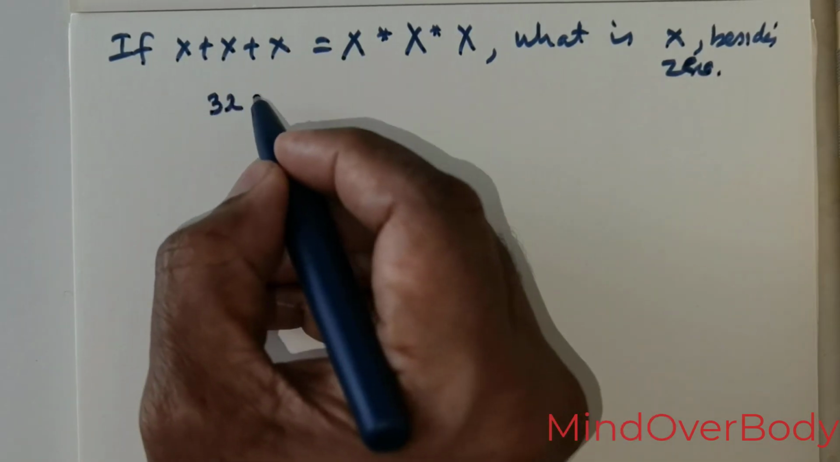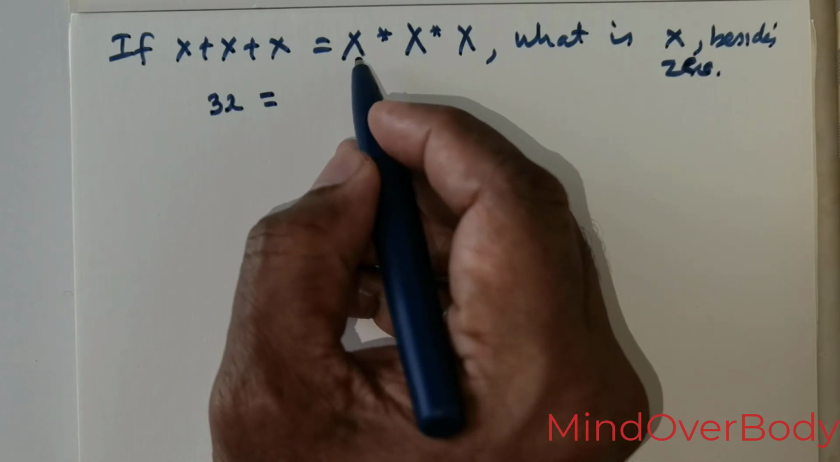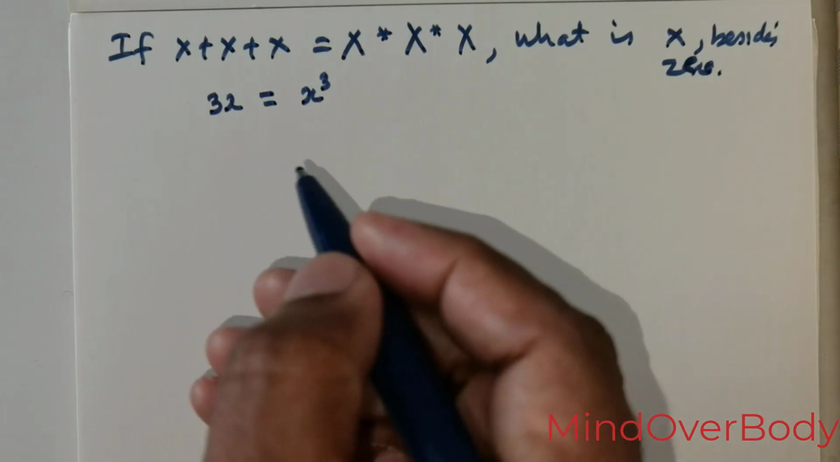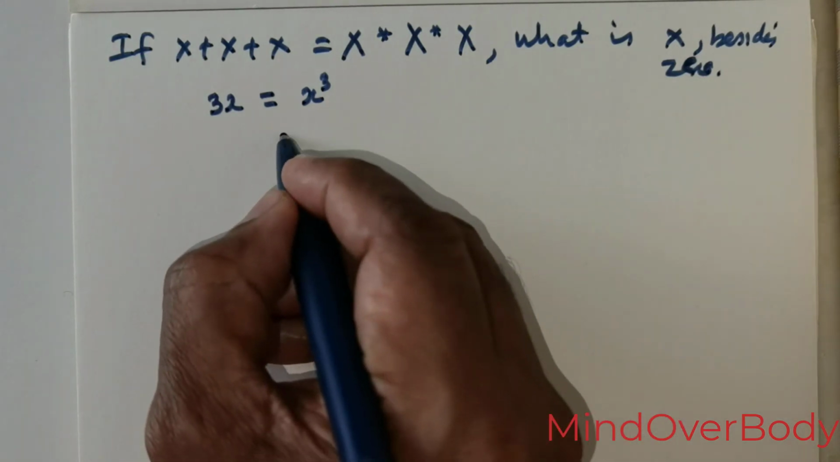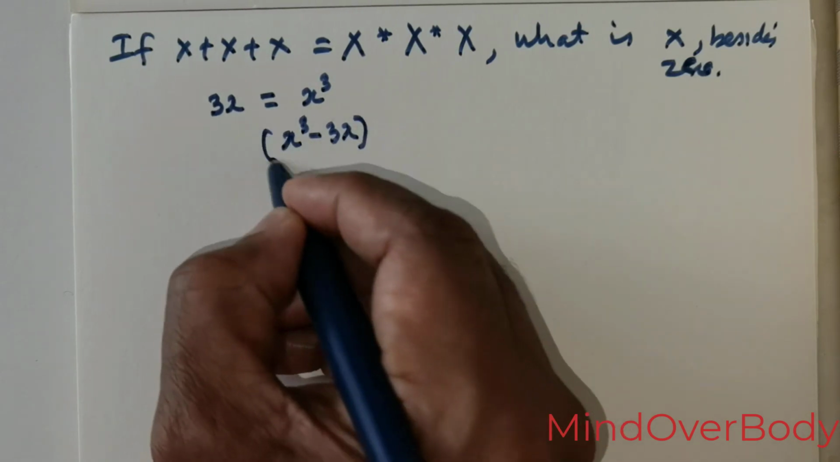adding all the x, 3x on the left, and on the right hand side it's going to be x into x into x, that's going to be x cubed. Okay, fair enough. Then what they would do is they would rewrite this as x cubed negative 3x equal to 0,